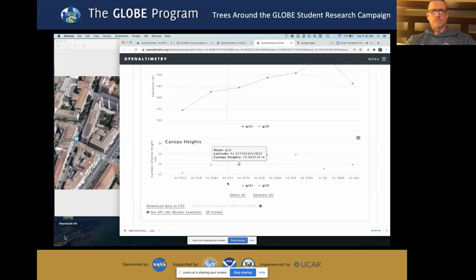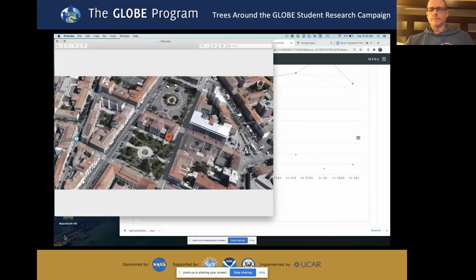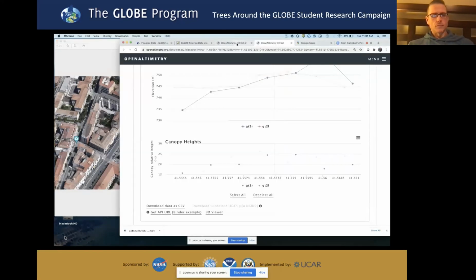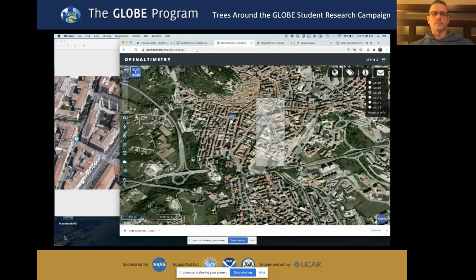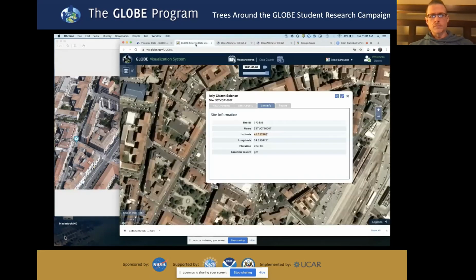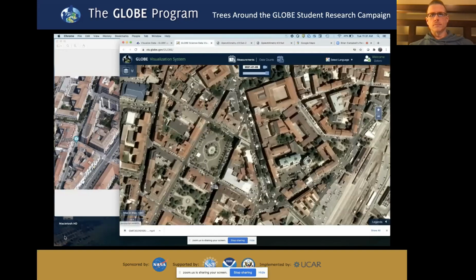So based upon that, you can then look at the tree heights for this area. You can see if your hypothesis was correct. You can then use all this information to look at this image even closer from the original image you see, and then any images you can see on OpenAltimetry, and images that you can see on the NASA GLOBE visualization system. And by combining the information that you get from all these images, you can develop a research